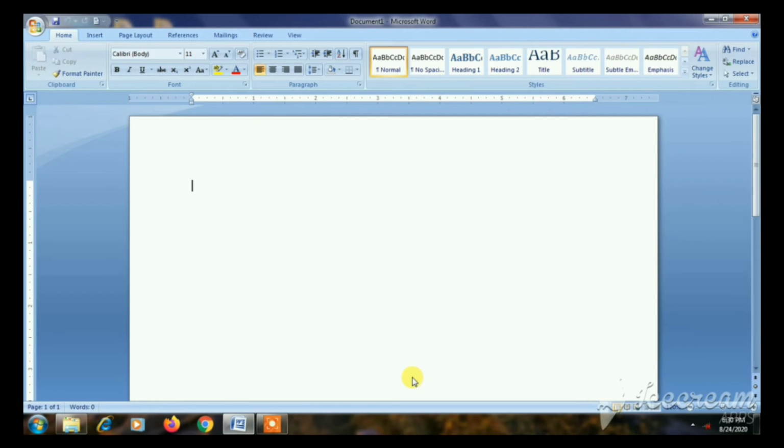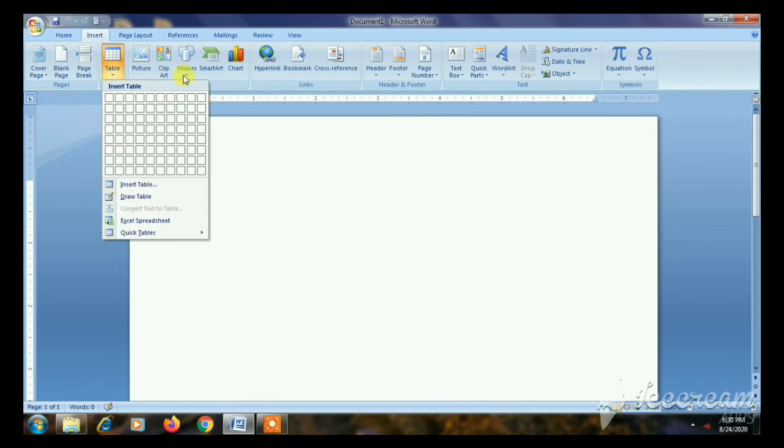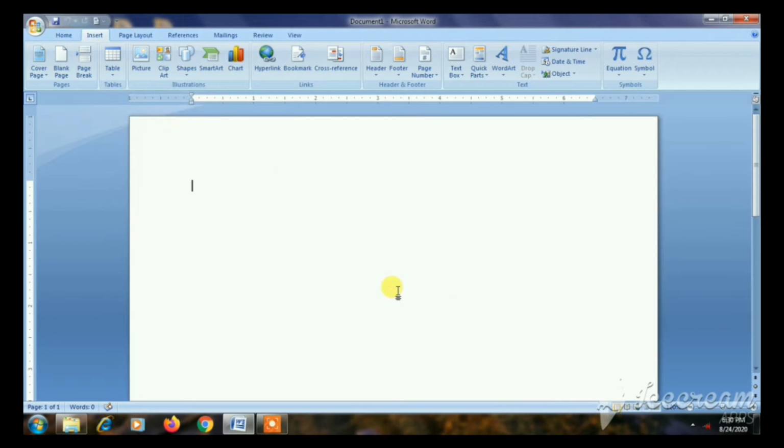In the last videos we saw about working with tables. In that, we saw how to insert a table, how to format the text in a table, and many other things related to tables, isn't it? Today we are going to see how we can insert clipboards and pictures into the Word document.